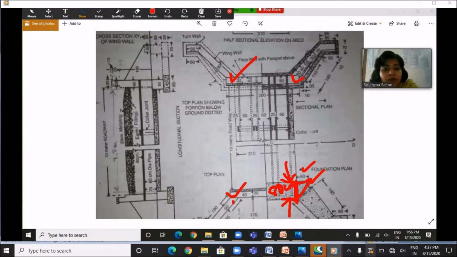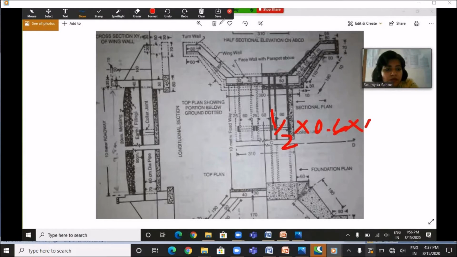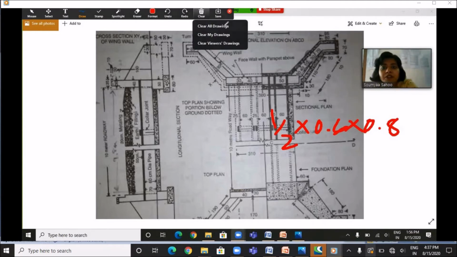As we have already calculated, from this point to this point the breadth is 50 centimeter, and the offset on both sides is 15 centimeter. So the total breadth of the trench is 80 centimeter. So we can easily calculate the area of this triangular portion as half into 0.6 into 0.8, isn't it? And what should be the